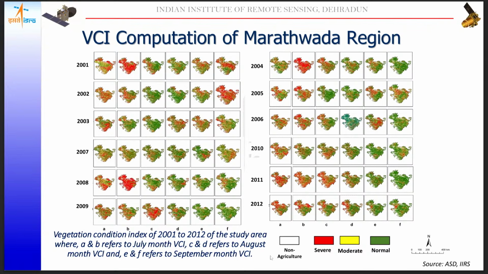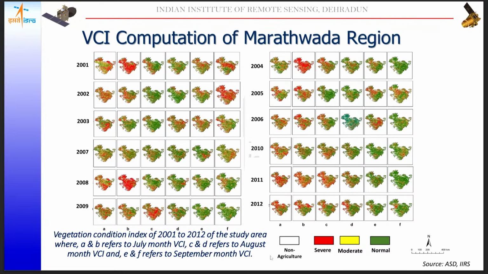I will give you an example of the same, as we did one study of the Marathwada region using MODIS 16-day composite data sets. Here you can see that a total of 15 years of MODIS data sets we analyzed for the active crop growing period in the monsoon, in the Kharif season, in July, August and September. So there are a total of 6 scenes per year defining the active crop growing period of July, August and September of VCI, which we derive solely from the historical NDVI data sets.